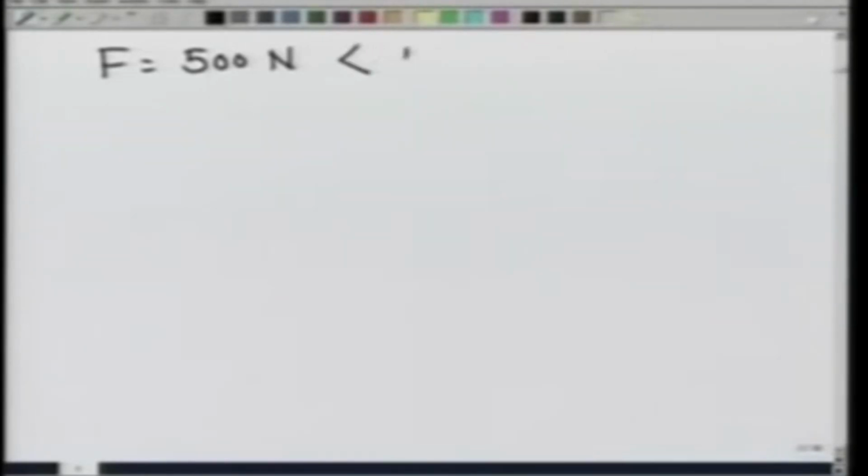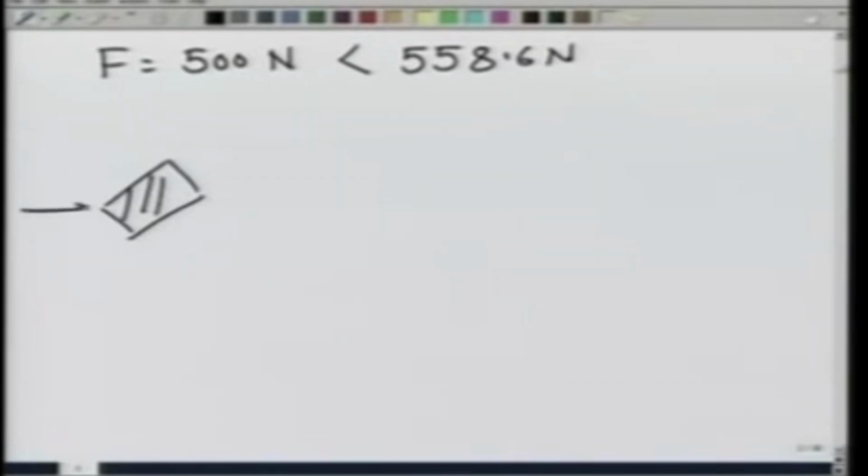Let us now take the second case of F equals 500 newtons, and I had earlier calculated that for zero frictional force, the force required to keep the block in equilibrium is 558.6 newtons. So, this is less than that, and therefore, when I apply a force of 500 newtons, the component of this 500 newton force up the plane is going to be less than the component of 100 g down the plane. That means